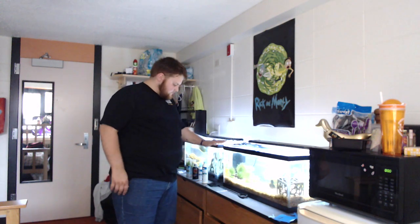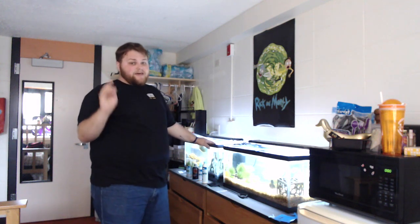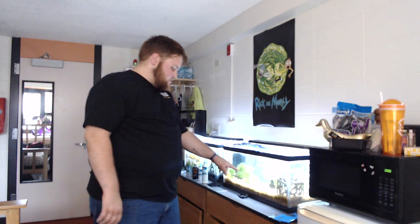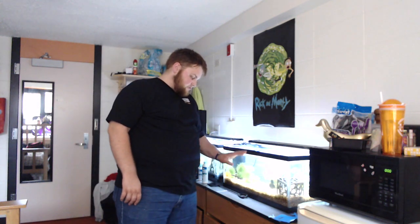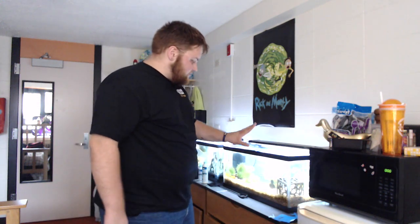In this tank, we currently have 6 longfin zebra danios. We have 1 Chinese algae eater, which will get about 11 inches long. I know that. I know they can become aggressive, which is why I already have a game plan on moving them. I also have 2 of those Chinese algae eaters in this goldfish tank. All 3 of these will be moved to a 100-gallon tank once they outgrow these tanks. I just need them to get a little bit bigger so they don't get eaten or harassed by the cichlids